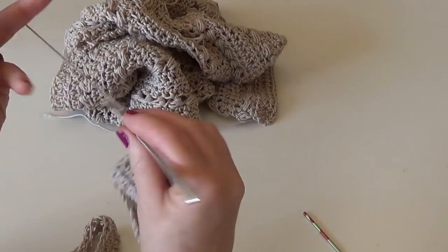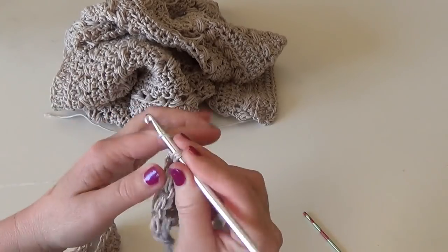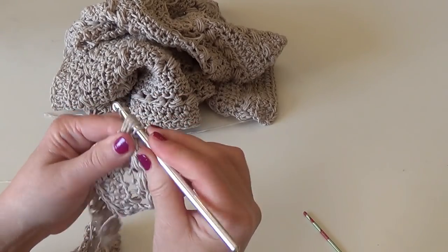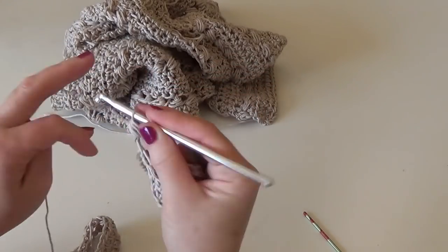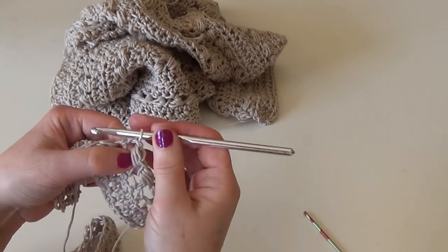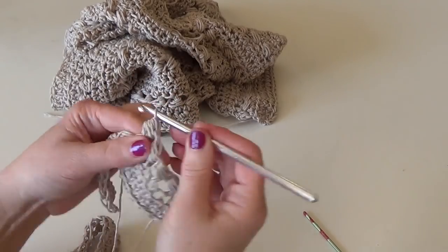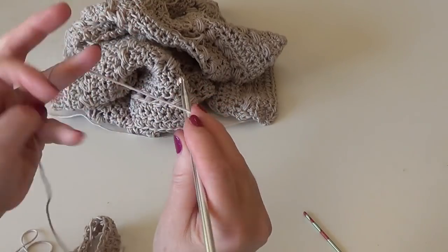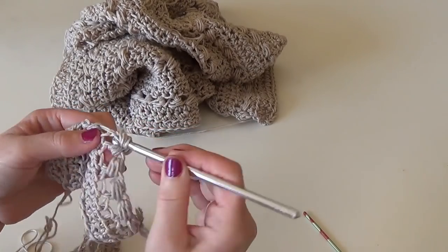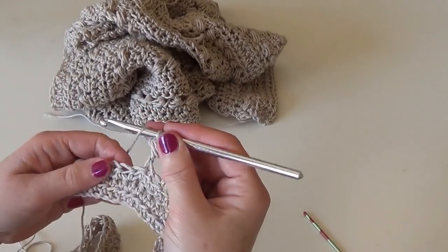and skip 1, turn a little bit your work so you can work easier the puff, and pull all 7 loops, yarn over, skip 1 stitch, and work a half double crochet, and then 1, 2, 3, and over. Skip 1 stitch, skip 1 stitch,